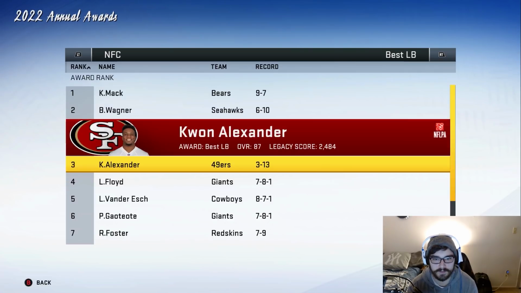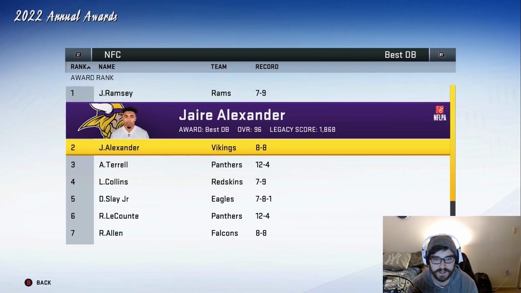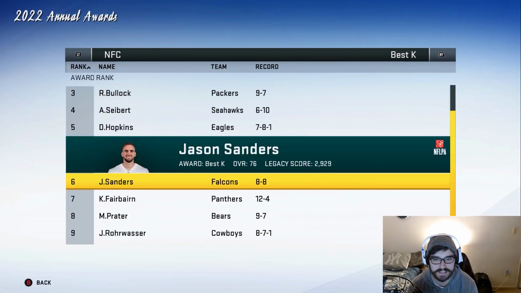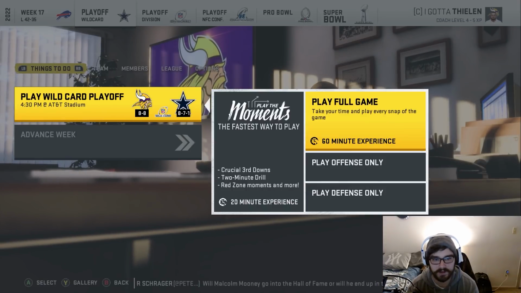Best linebacker is Khalil Mack. Eric Kendricks does not make this list either. It's really surprising. Best defensive back is Jalen Ramsey, but Jair Alexander at number 2. Best kicker is Brandon McManus, is our rookie kicker here. He is not. Unfortunate. Okay, so I just spent my couch experience and we upgraded the players as well,